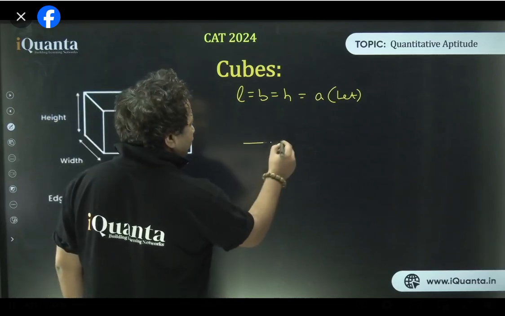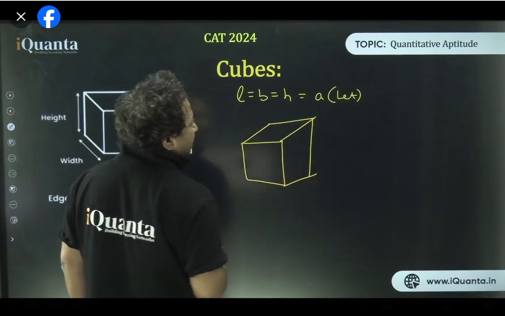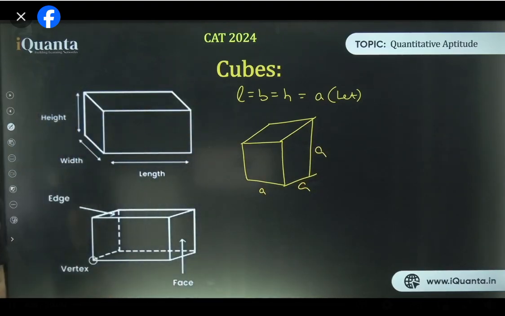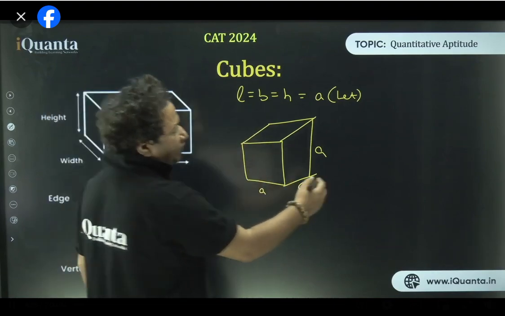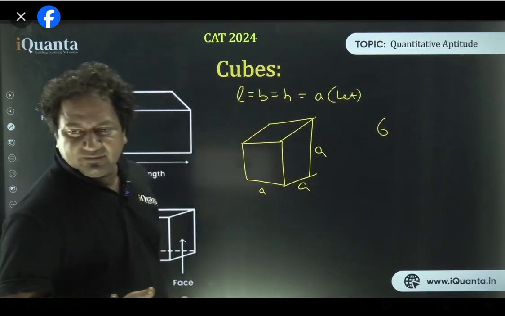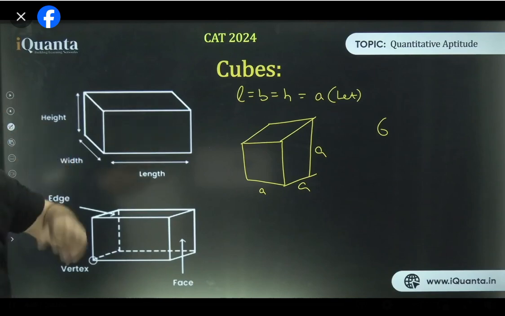Okay. So cube, all of you must have seen cubes, ice cubes if you remember. This is how cubes look like. This is one side, other side, and third side. So it's in 3 dimensions. All right. Now how many faces do we have of a cube? The 6 faces. All of us can understand that. And all the faces are basically squares. Can we say that? All the faces are squares. Okay, 6 faces are there.